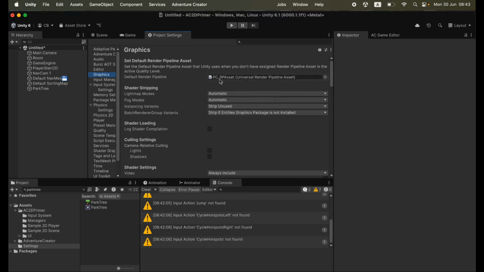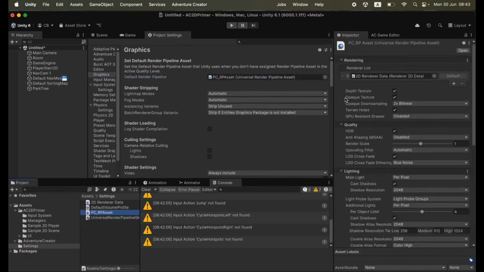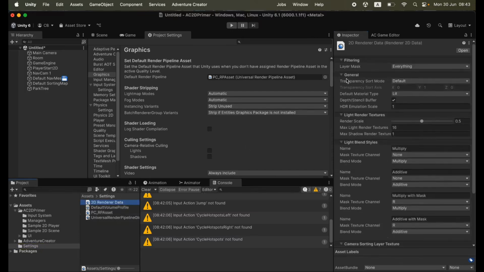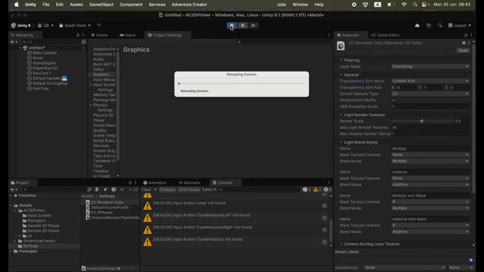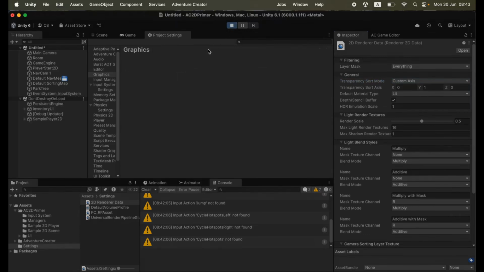As it is, I'm using URP and its 2D renderer, so if I select my 2D renderer from the renderer list and go to the General tab, we have a transparency sort mode. At the moment it's set to default, but if I set it to custom axis and leave it as its default transparency sort axis of 0, 1, 0, then it means that sprites will be sorted based on their Y position. So if we now go into play mode,